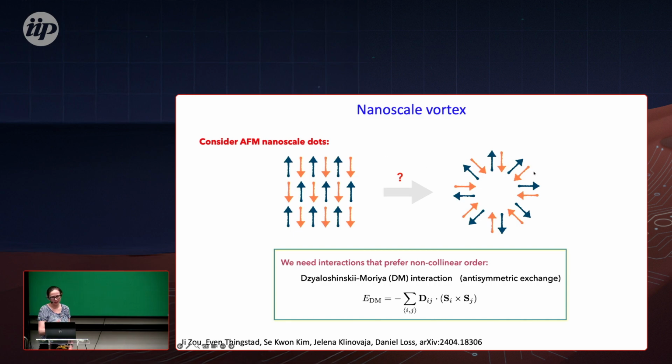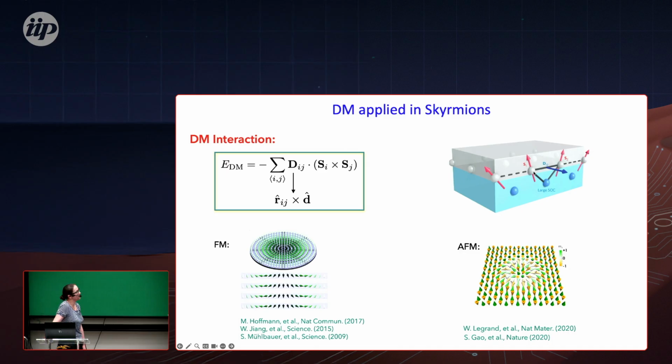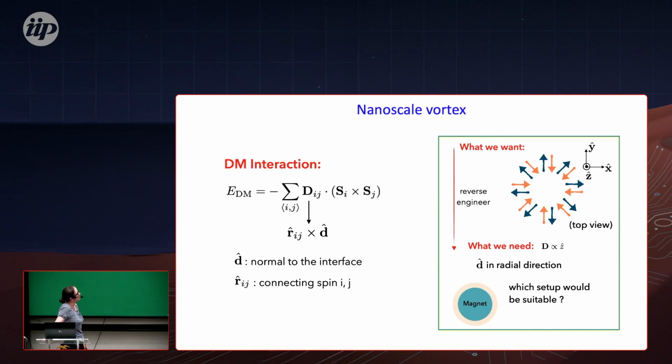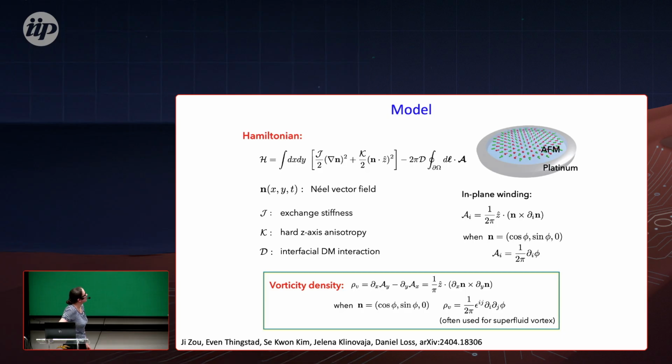So it has vorticity, and this is also an example of what you can generate. But for this, you need really strong confinement and strong Dzyaloshinskii-Moriya. Right, so how does it look in theory? This is what we consider. We have our ferromagnet, we have the effective Hamiltonian, with an anisotropy term and the Néel vector, and then we add Dzyaloshinskii-Moriya circumferentially, and then we can calculate it.